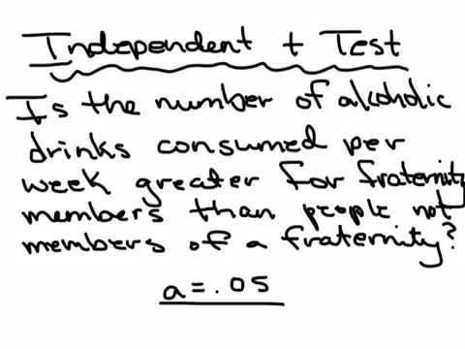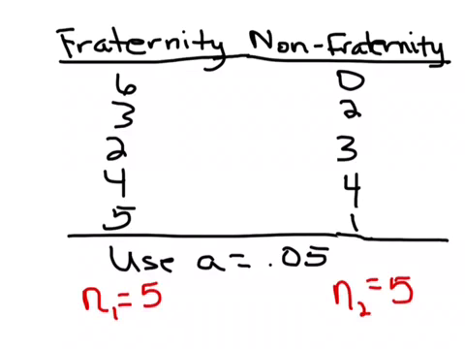So let's start out with step 1. Before we start any calculations, step 1 is, as you know, hypotheses. So we're going to state those hypotheses. If you remember, the question was, do fraternity members drink more alcohol per week than non-fraternity members? So our null is that